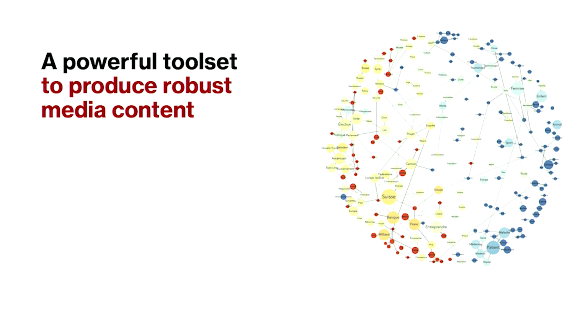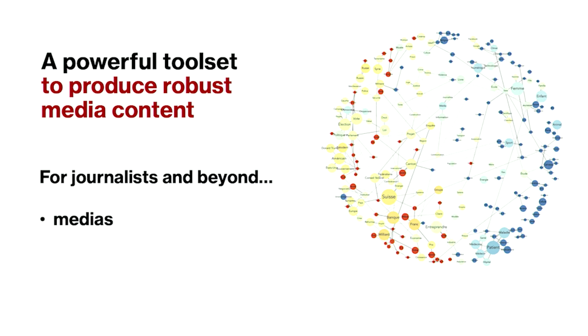So it's a powerful tool set to produce robust media content and help journalists identify the right expert at the right time to produce their topic. But it's more than that, because it's also useful for the media. Here what you see on that map is a strategic map of how two media, in red Le Temps, and in blue Avis d'Expert, and that's their respective semantic maps. You can see that they don't address information the same way. If you look at Avis d'Expert, there's a lot of information about science and medicine. And if you look at Le Temps, there is a lot of economic information. They overlap in the yellow patches, but they have some very specific outlook on news in general. So you can see the way a media is looking at news. This is the very macro strategic picture, but we can also go to the very specific user recommendation level